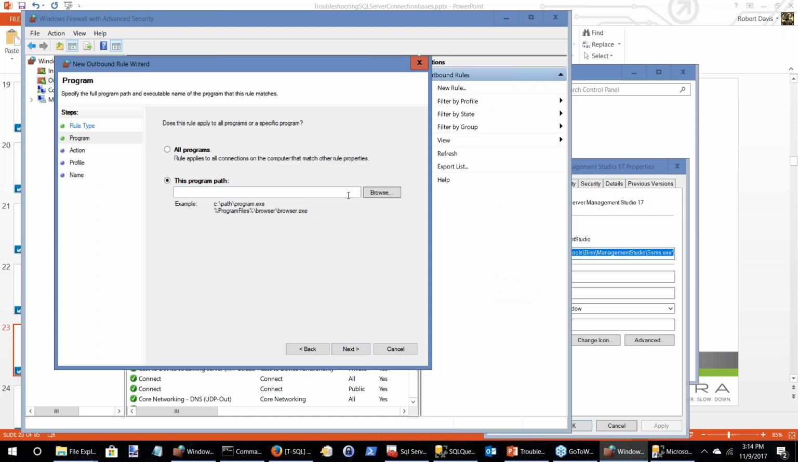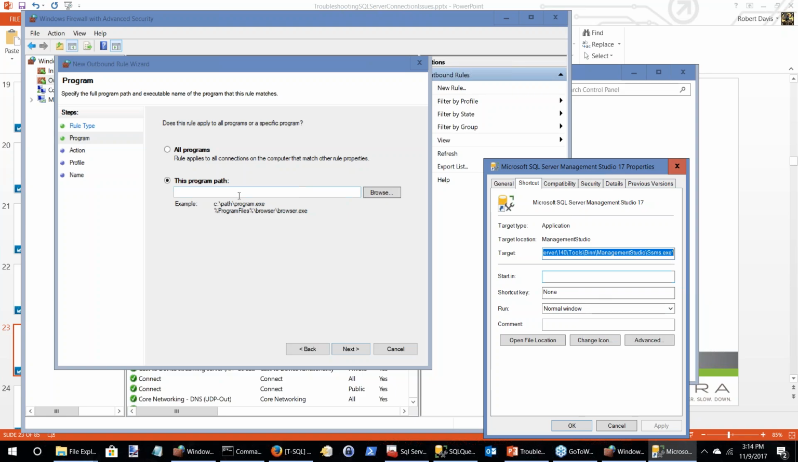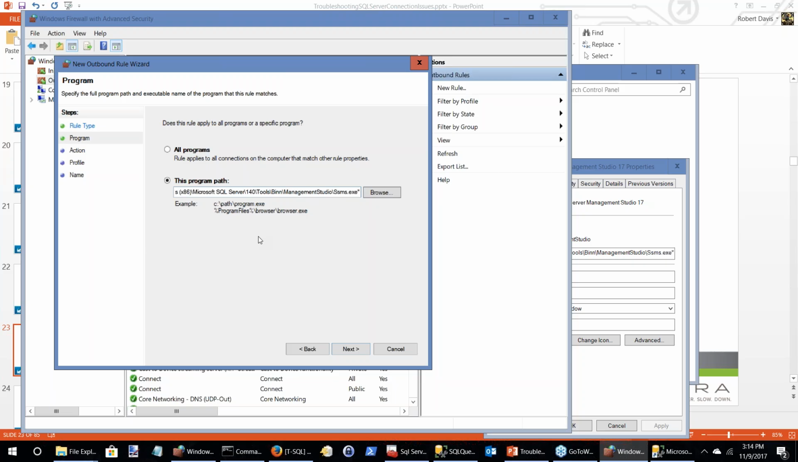Let's try that copy again. Copy, paste. Now, this has the double quotes at the end. The firewall rule doesn't like that, so I have to take those out. So I take those double quotes out,